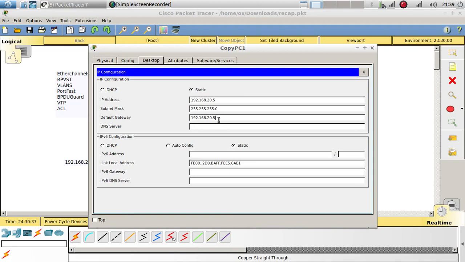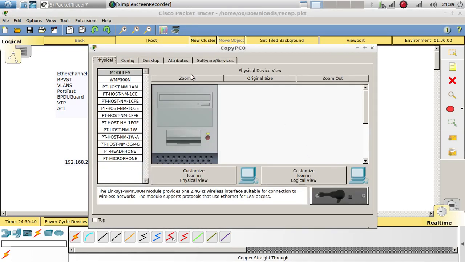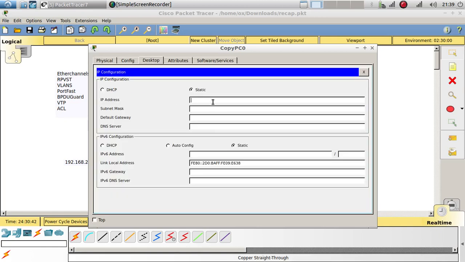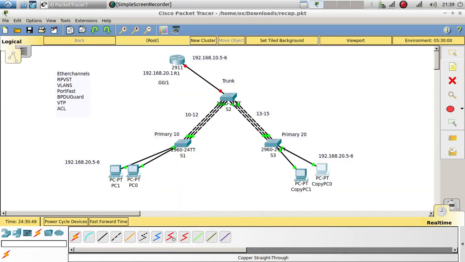Now for these ones, we can do that. 20.5 and then 20.1. Over here is going to be 20.6 and 20.1. That's 6 and that 1. Okay, so we have all that configured. So now let's go ahead and configure